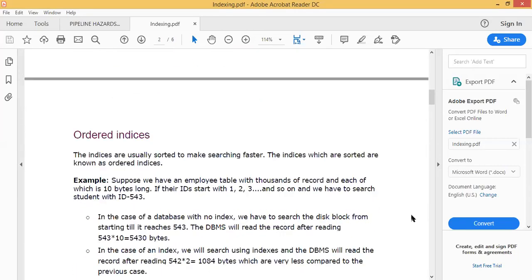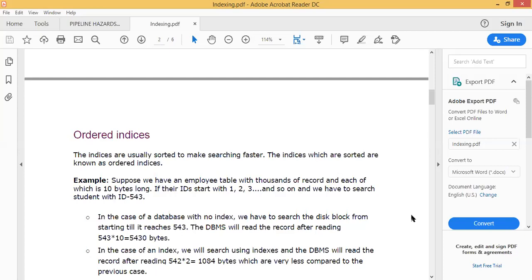In the case of order indices, the indices are usually sorted to make searching faster, and the indices which are sorted are known as order indices. Suppose we have an employee table with thousands of records, each of which is 10 bytes long, and their IDs start with 1, 2, 3, and so on, and we have to search for the employee with ID 543.